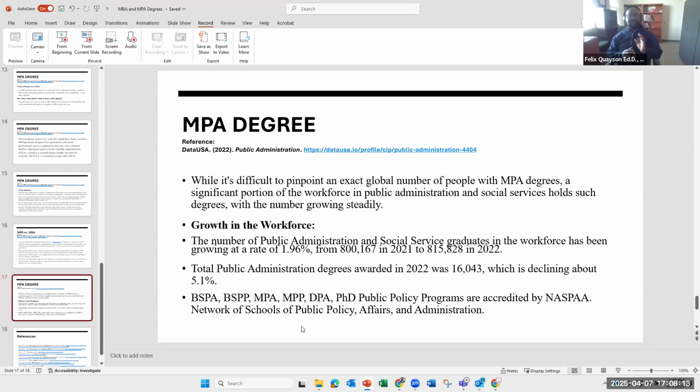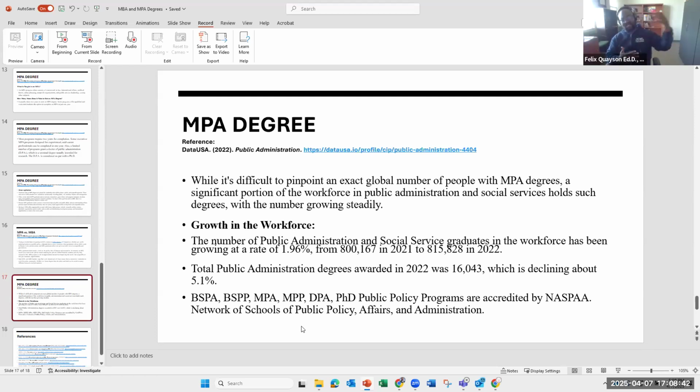Data USA gave us this number: the total public administration degrees awarded in 2022 was 16,043 degrees, which is declining about 5.1%. So there aren't a lot of people pursuing MPA degrees,